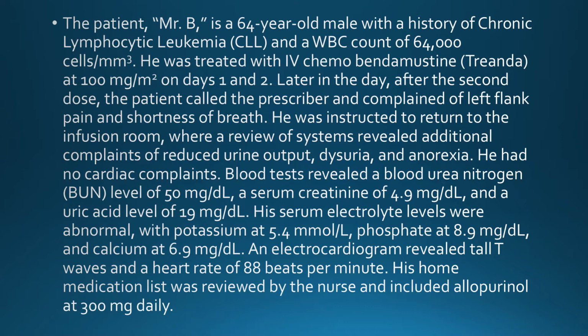So the patient, Mr. B, is a 64-year-old male with a history of chronic lymphocytic leukemia, CLL, and with a white blood cell count of 64,000. He was treated with IV chemo, Trienda, on days 1 and 2. Later in the day, after the second dose, the patient called the prescriber and was complaining of left flank pain